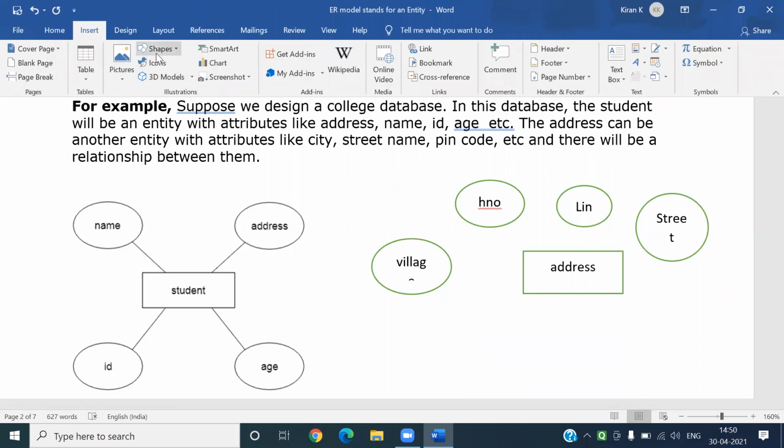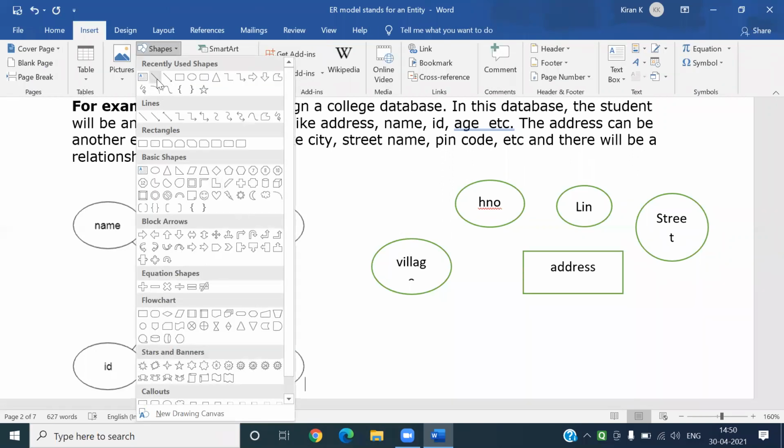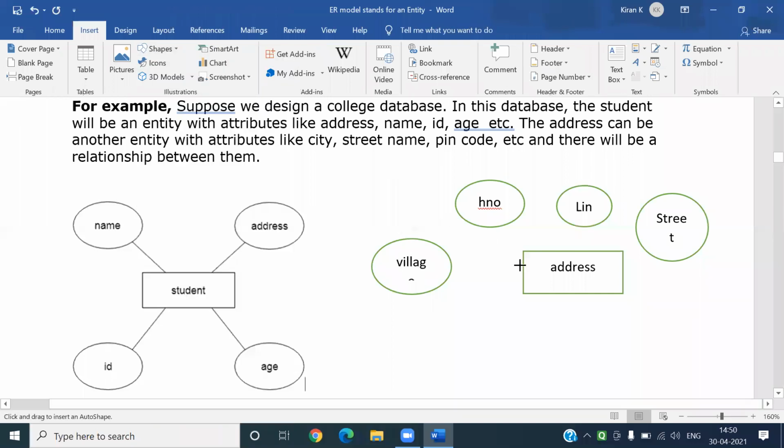So how do you write, right? So these are called